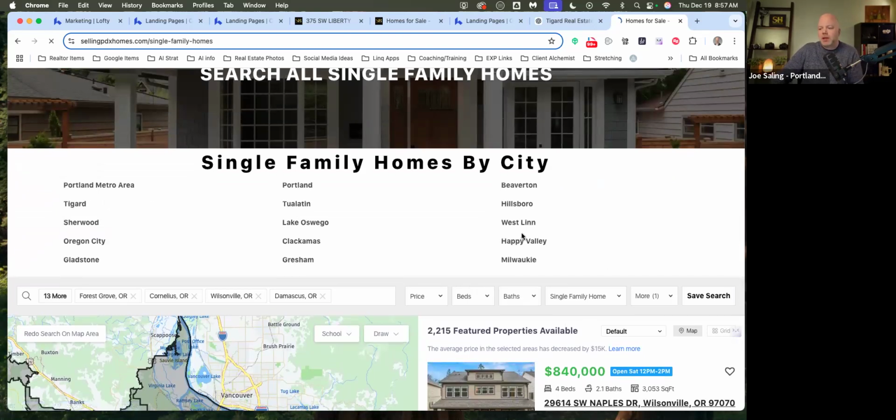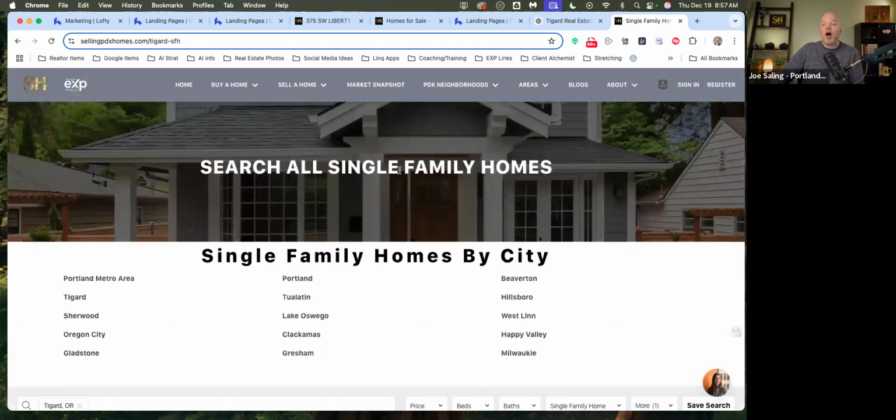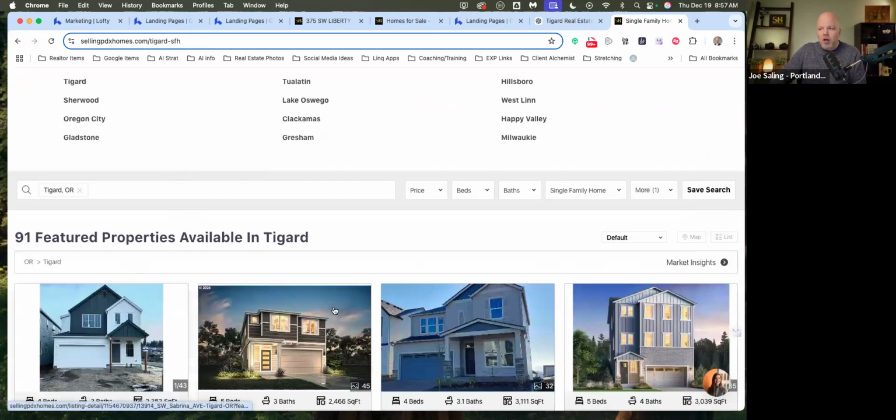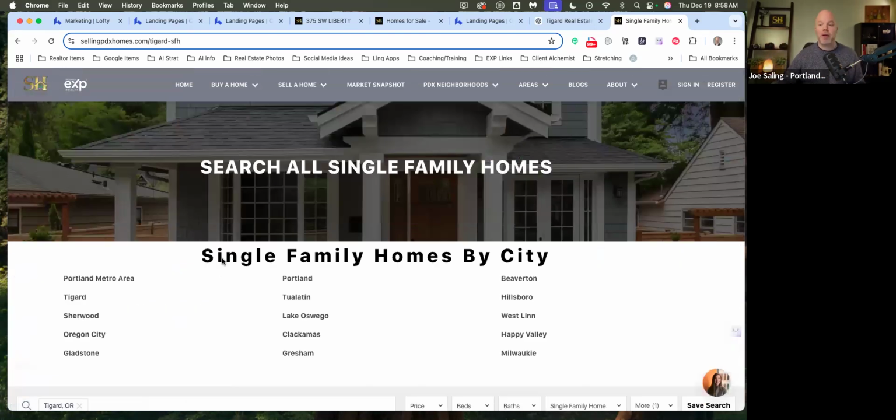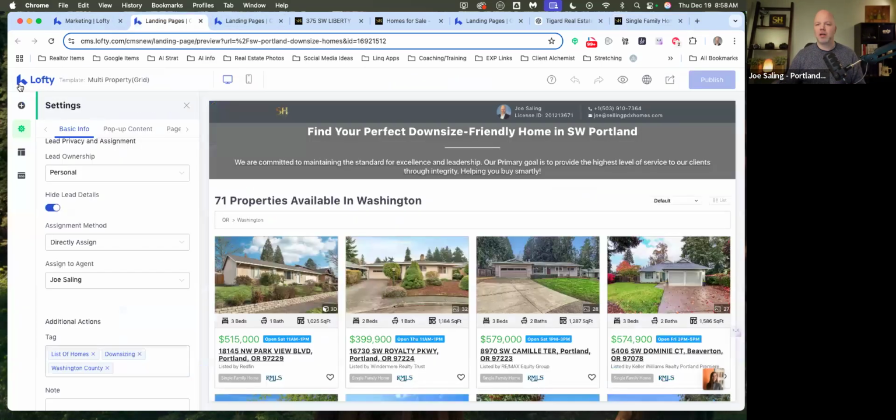that's not a single family home. If we go to Tigard, search all, single family, not single level. It's going to show all single family homes in Tigard, but yet I've created another page that keeps this same thing. So this is where I duplicate pages over and over again. And then if you have Lofty,